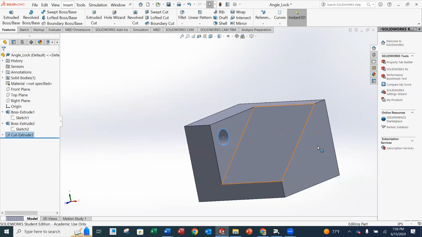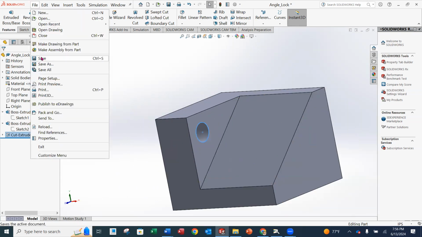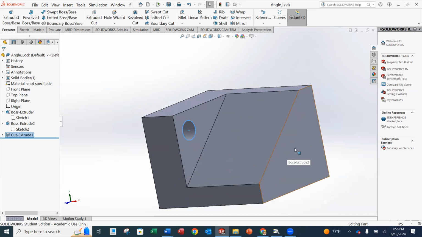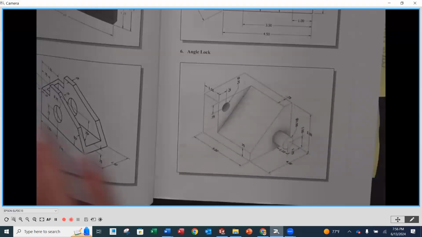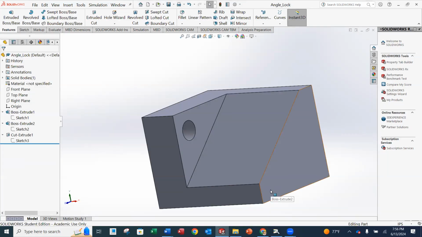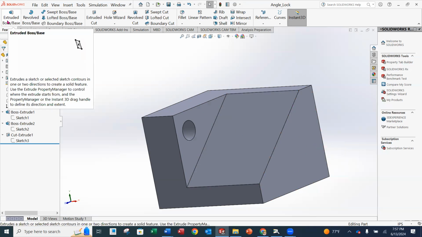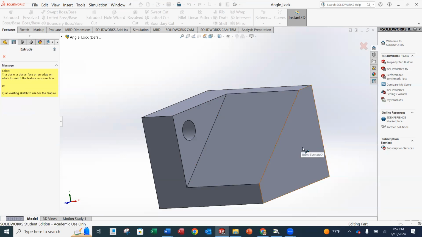And I'm going to do a quick save, file, save. Whew. I'm going to expand out that extrude cut so I can see that my sketch number 3 is fully defined. And I've got one more feature to add. And that's going to be the peg coming out the side here. Okay, now instead of a cut, that one's going to be an extrude boss face because I'm going to be adding material as I create it. And it's going to be off of this surface here. So an extrude boss face on this surface,